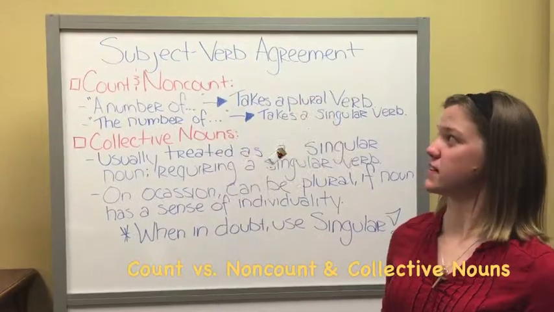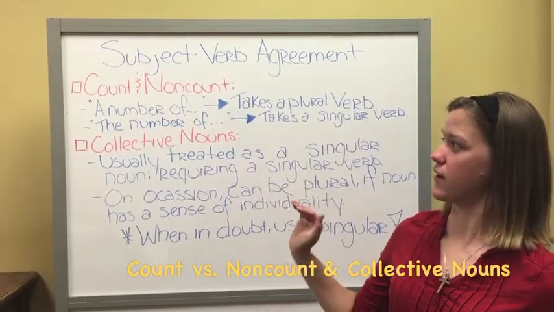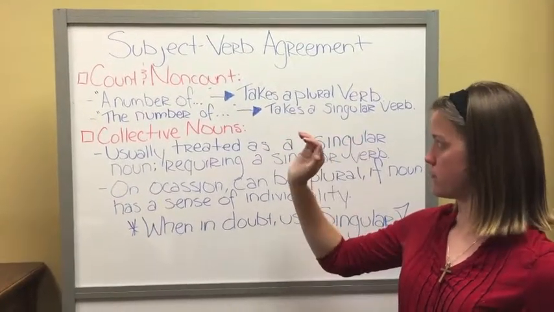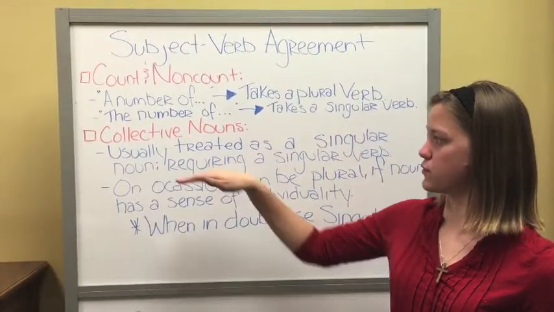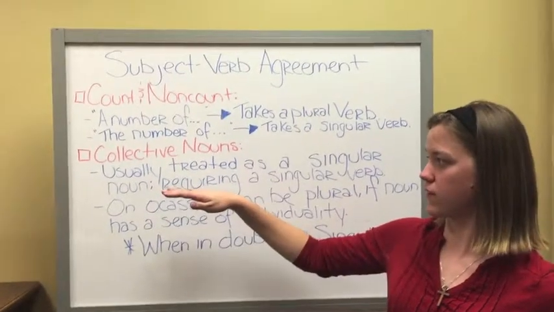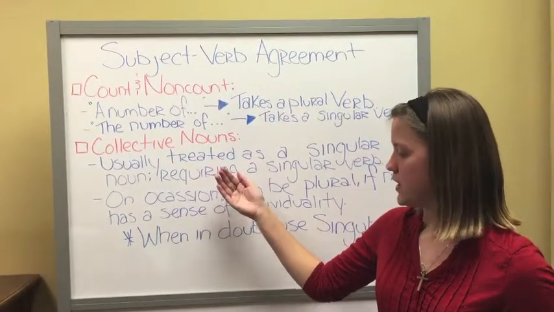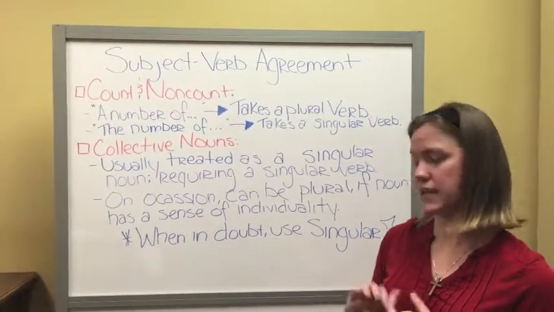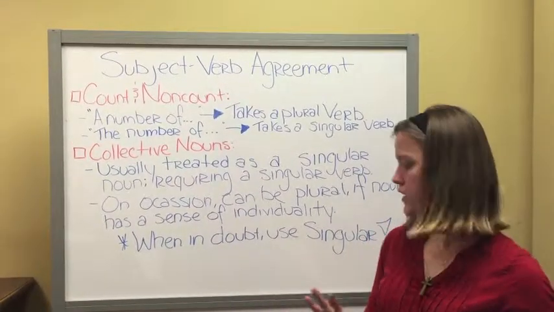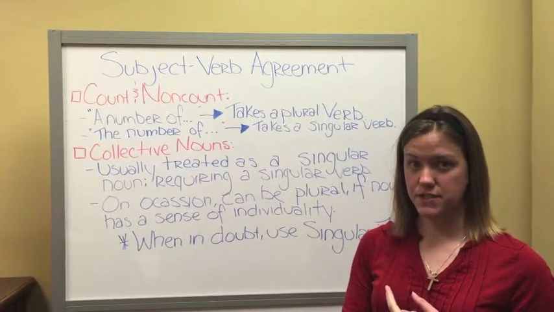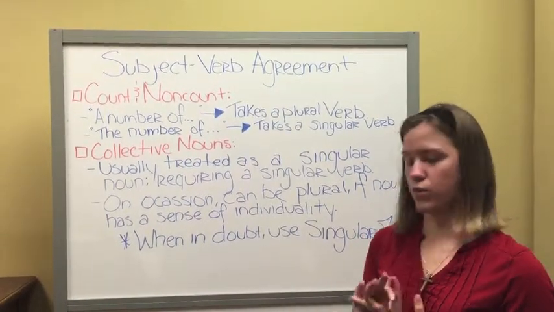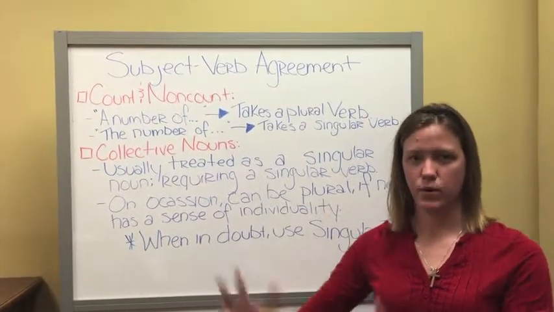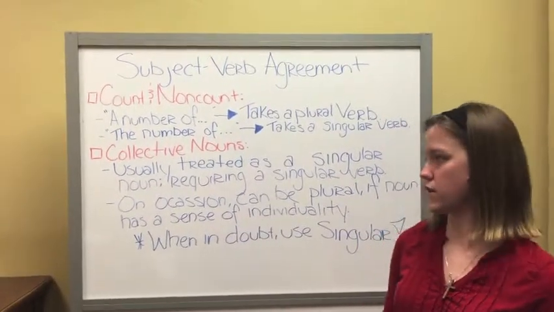Y'all, continuing with subject-verb agreement, we're going to cover count and non-count nouns and their verb agreements. Also, we're going to cover collective nouns, and you'll see later on our blog we'll cover quantifiers such as plenty of, a lot of, all of, fractions and percentages, and plural unit words like 50 miles or 100 miles, just multiple plural units and how to use those.